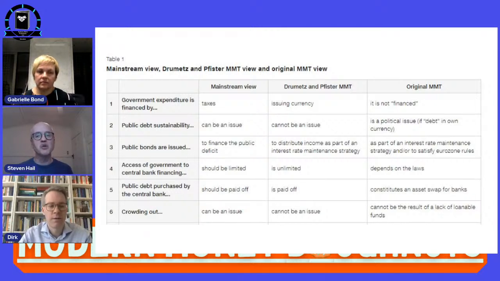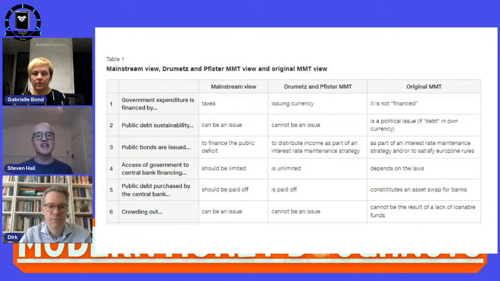And the political authorization bit feeds into the second row here. Yeah. Public debt sustainability can be an issue. Investors can go on bond strike. Governments can't raise money. They can't finance their spending. That's the mainstream view, or at least I don't know whether they write these things down anymore, but it's not that many years before that was the typical thing which mainstream economists wrote about, the risk in their view of the national debt increasing over time.